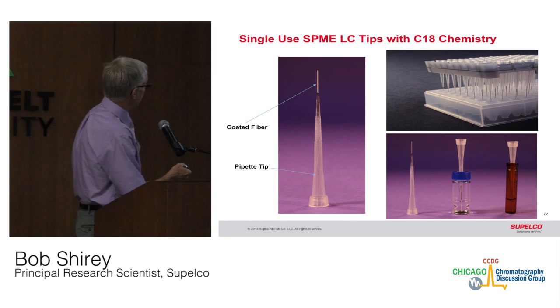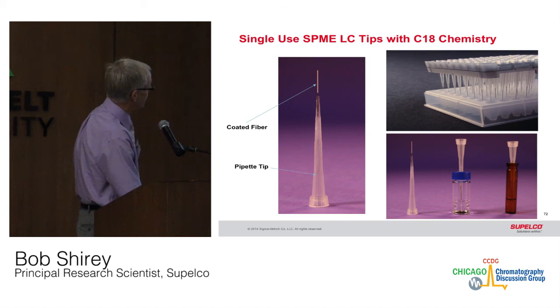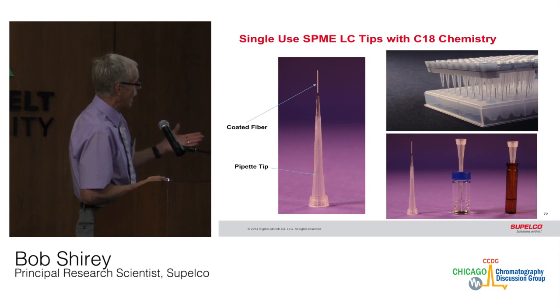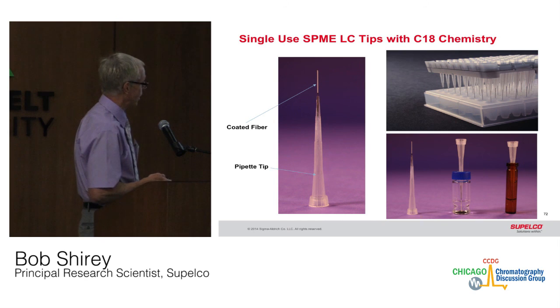The other way we're looking at this analysis is to put the fiber into pipette tips, insert them into a 96 well plate design where we could extract 96 samples at one time with 96 fibers. Even if it takes half an hour to an hour to do the extraction, you've made 96